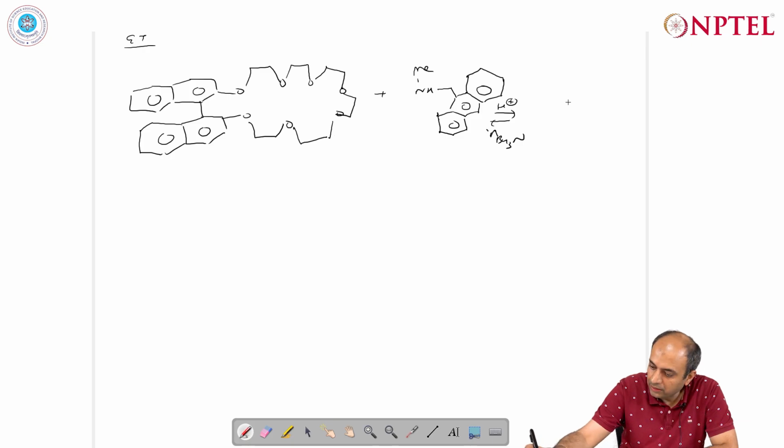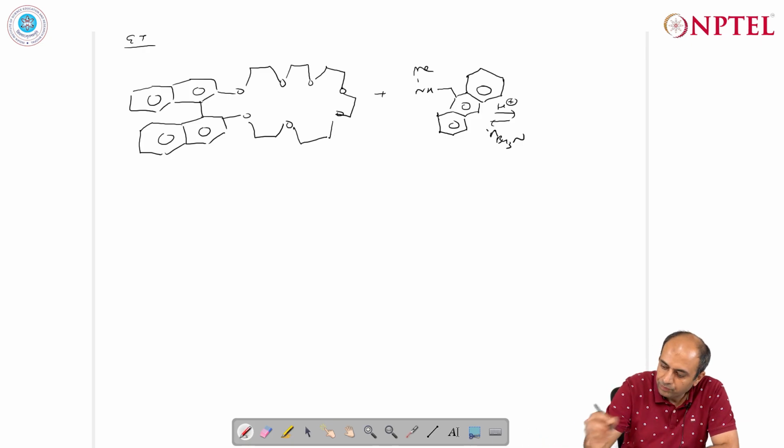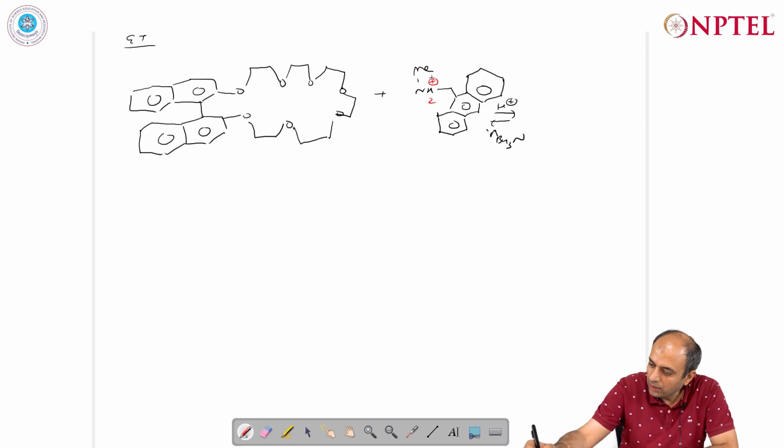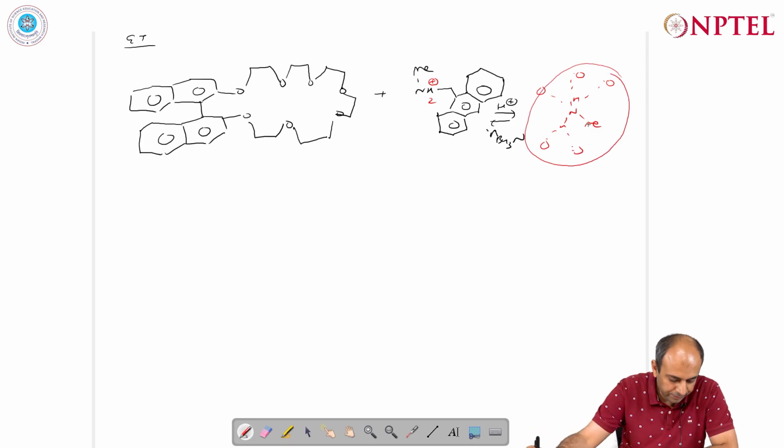So here what happens? This gets protonated, and then there are hydrogen bonds. It forms with the ether, and